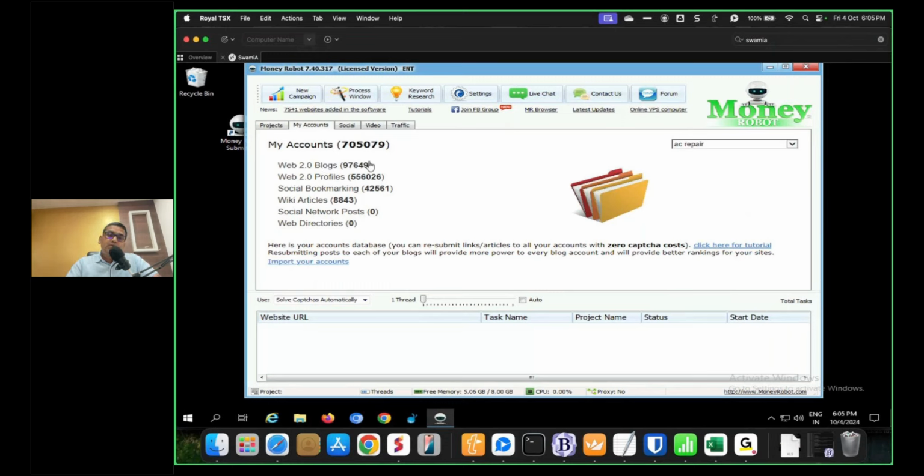So until you have at least 10,000 or 20,000 web 2.0 blogs, always use create new one. Maybe after 1 or 2 tasks, you have enough accounts and then you can reuse them. What I do is, suppose this is my network, around 197,000 accounts in AC repair. If I have any kind of campaigns required here, I will just reuse 5-10 times,